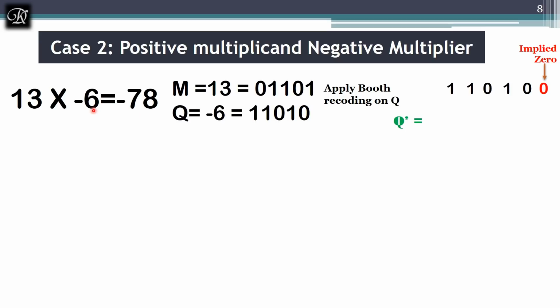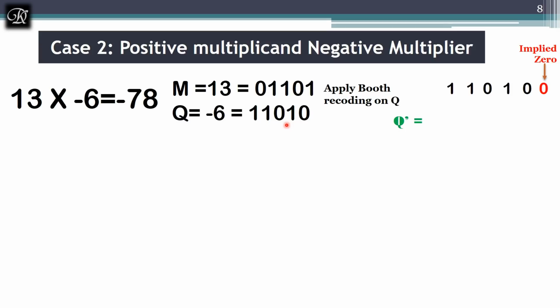So the 6 is actually 0 0 1 1 0, which we have seen in the previous example. I'm taking the same value, just exchanging the signs because it will be easy for us to verify the answer. You can try out with any number, you'll get the answer, but you should follow the steps. Now for -6, you have to find the 2's complement of the 6, and you will get -6.